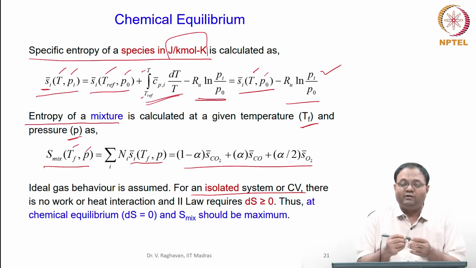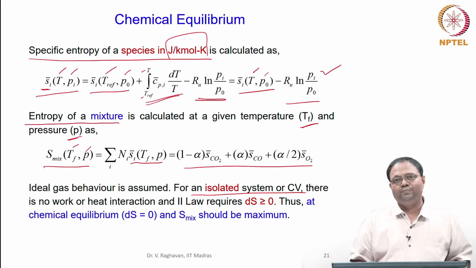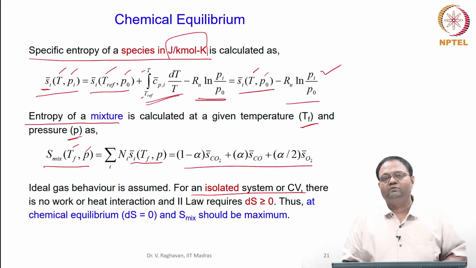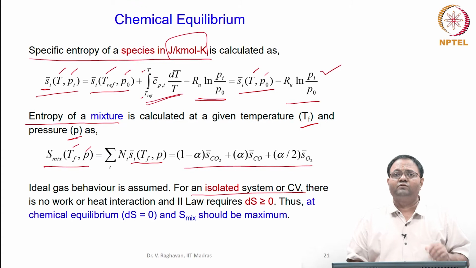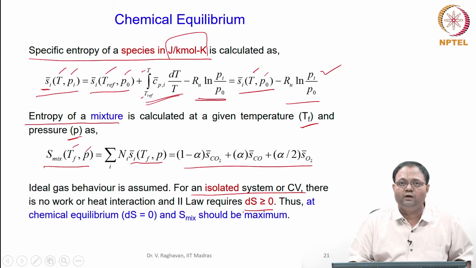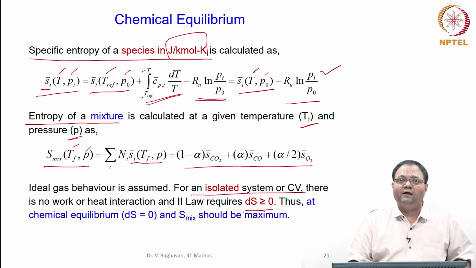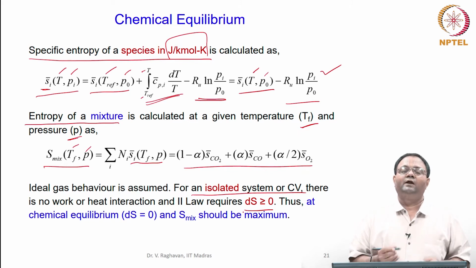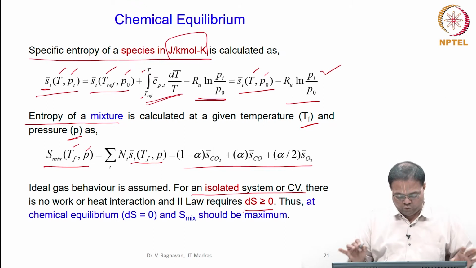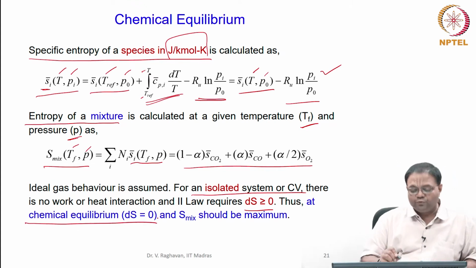But when there is irreversibility, entropy always increases. If there is no irreversibility, entropy will be the same. So an isentropic process is nothing but entropy remaining constant when there is no irreversibility. So ds can be greater than 0 if there is any irreversibility. Obviously in this case a chemical reaction is going to take place, and it is highly irreversible, so we expect ds to be greater than 0. When the equilibrium condition prevails, the reaction stops. That means there is no irreversibility anymore, and there is no heat transfer also. In that case ds will be equal to 0. So that is the chemical equilibrium condition, ds equal to 0.